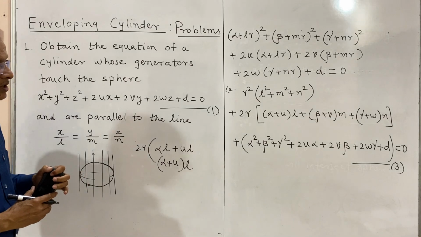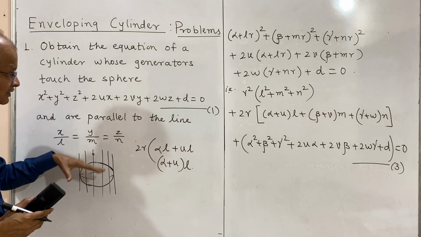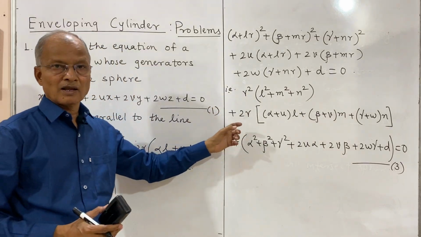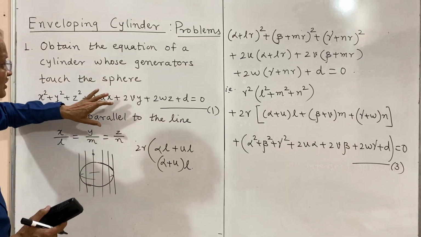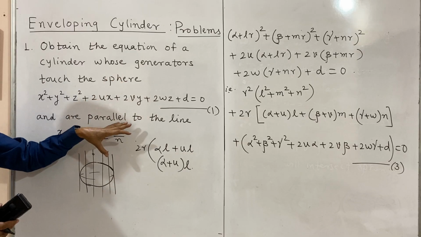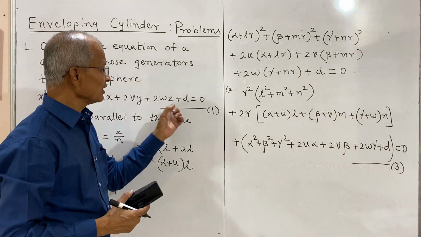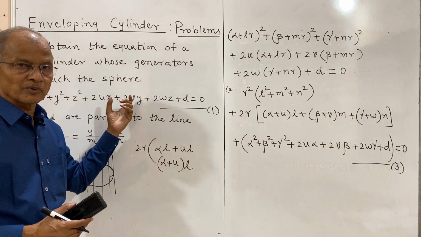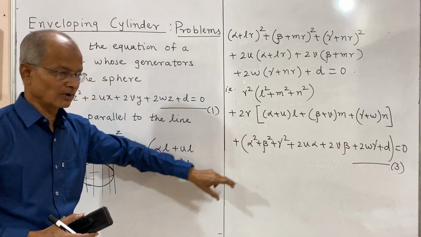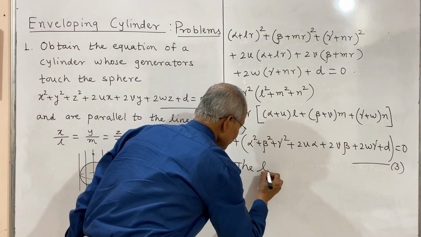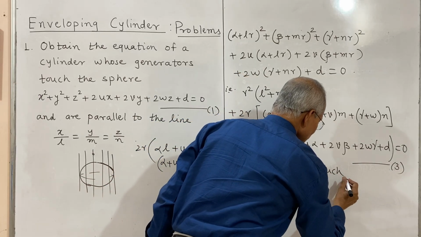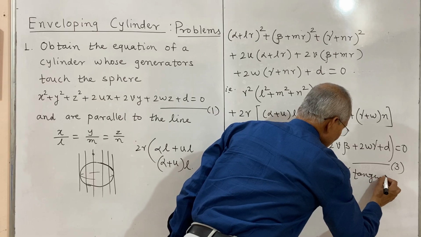Now the condition is that the line 2 will intersect sphere 1, and we will get 2 values of R. But we want the line 2 must touch the sphere 1, because we have to obtain the enveloping cylinder. Therefore the condition that line 2 will touch or be tangent to sphere 1